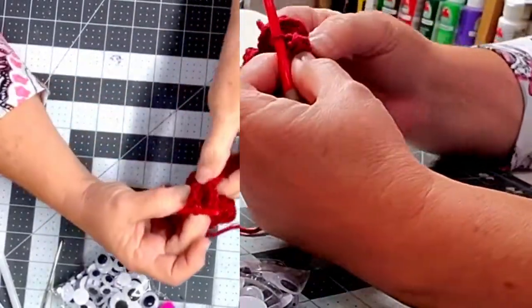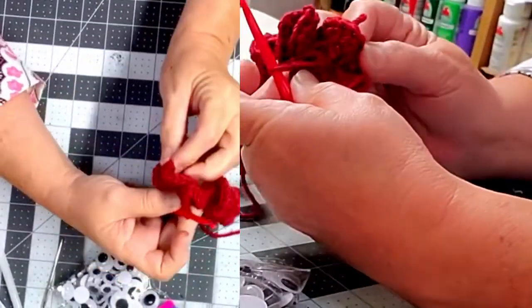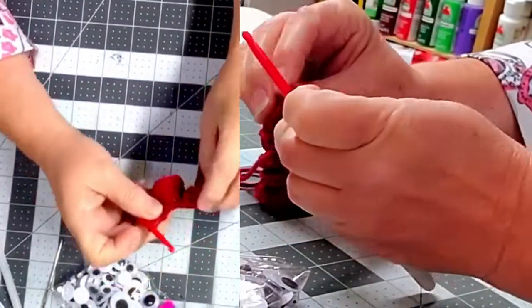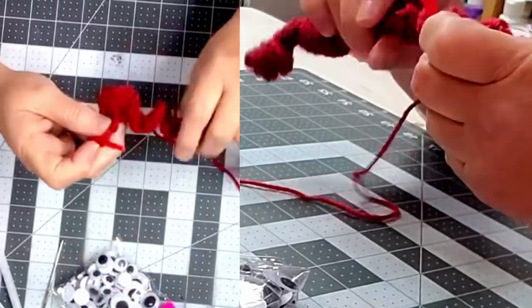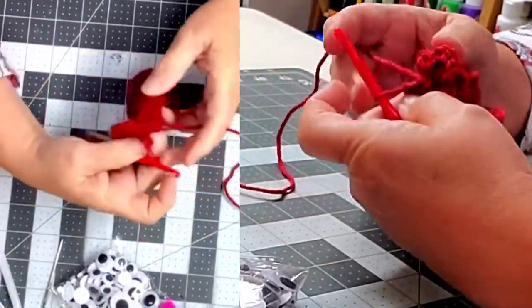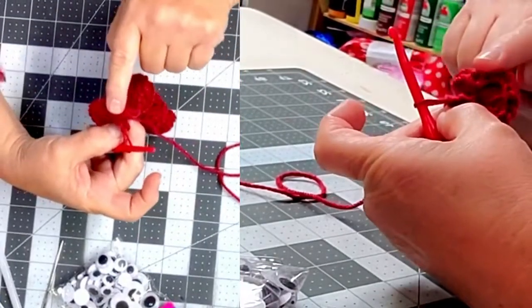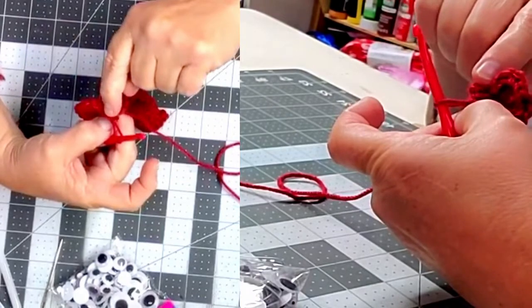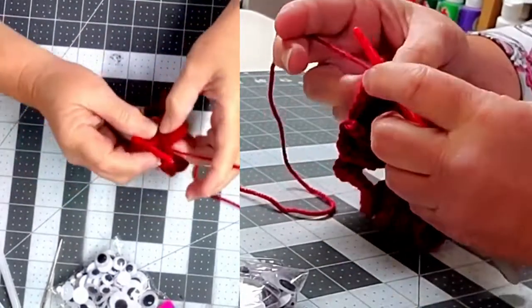Now, to make the head, see how it's open? It's open like this. It's got a division in there, a divided part. Now we're going to connect it. So, if you look over here, Tara, can you see this? You see how it's got the little heart? Yeah. That's where you did the single crochet. Okay. That's how it dips. That's where you know where to connect it at. Where the dip is,